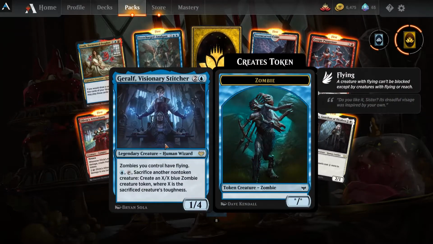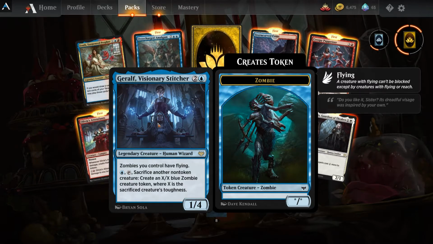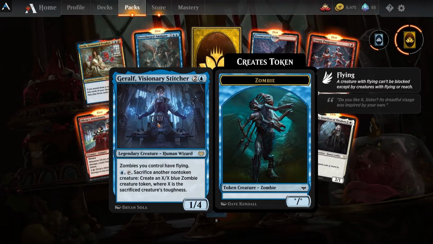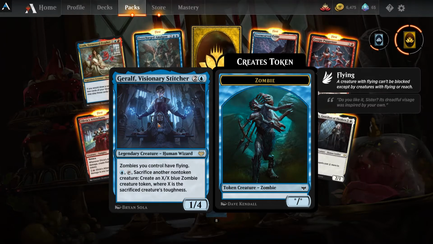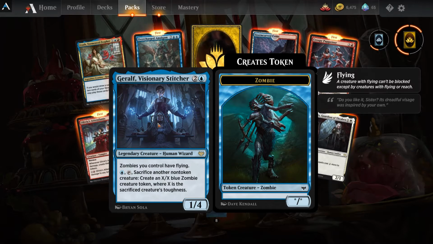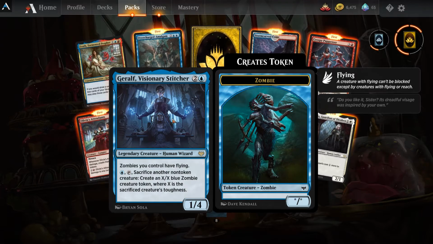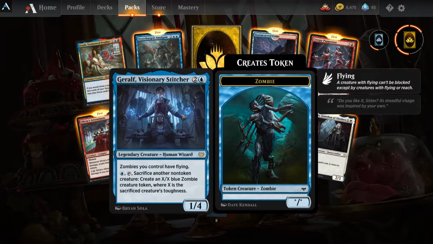But let's see. Giraffe, interesting. Zombies you control have flying. Wow. What? Sacrifice another non-token creature: create X blue Zombie creature tokens, where X is the sacrificed creature's toughness. That's what the... That's busted. Or I mean, I don't know about busted, but it's definitely undercosted. It shouldn't have cost 1. I don't know. Maybe I'm tripping, but...